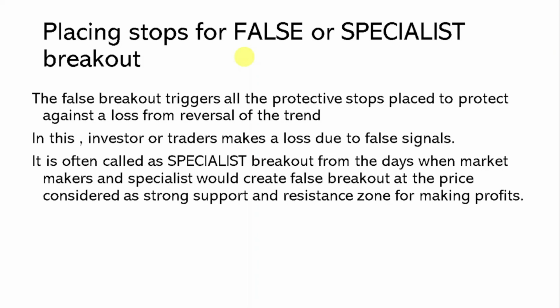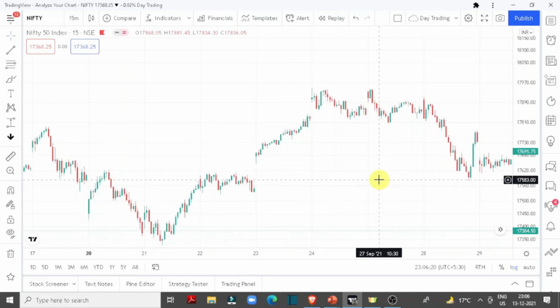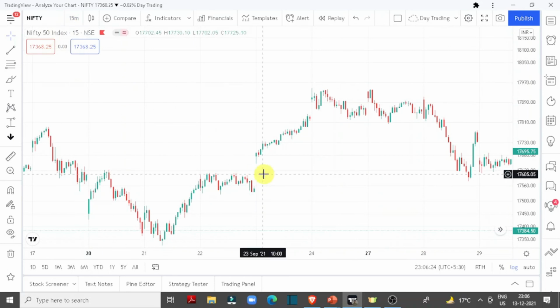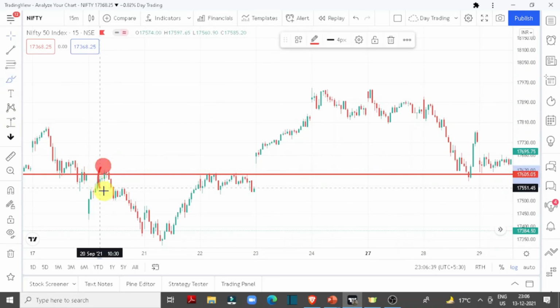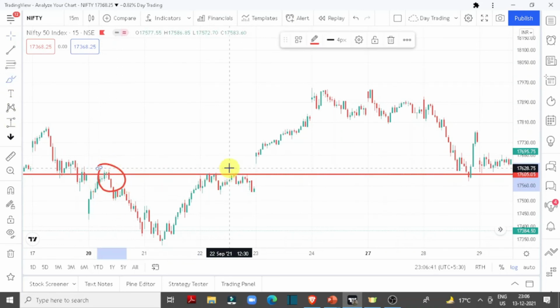So let's go to TradingView again. Here I have taken the Nifty 50 example, and it is a 15-minute chart. Why have I taken a 15-minute chart? Because in short term intraday trading you will find a lot of fakeouts or fake breakout patterns. So here I have found one. You can see that there is a major support line. Before, it used to be a resistance line. You can see how strong it was. The Nifty 50 was taking resistance from there, but